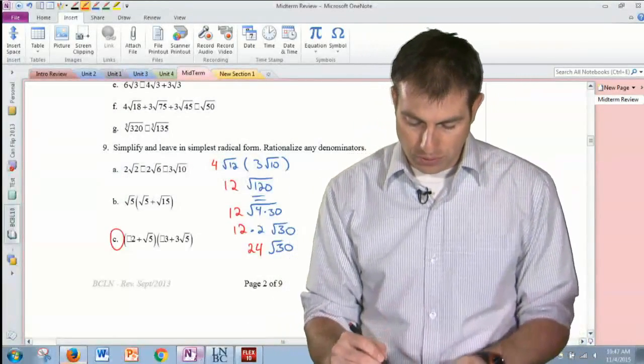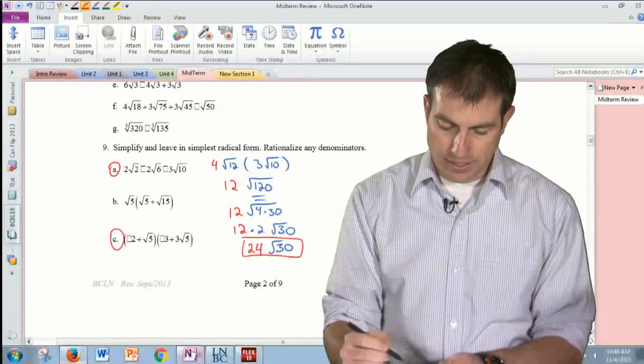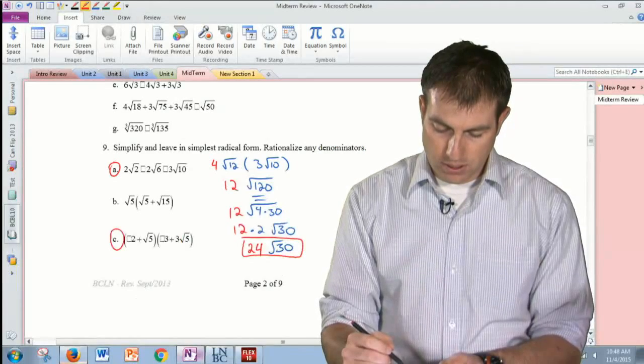So 24 root 30 is where we end up. And then 30, are there any perfect squares that go into there? If I think about the factors of 30, I can get like 1 and 30, 2 and 15, 3 and 10. None of these things are perfect squares. So yeah, I'm thinking there's nothing we can do to further simplify that. So that was 9a, which we did. 9c,